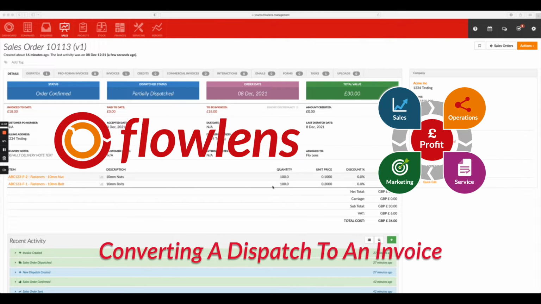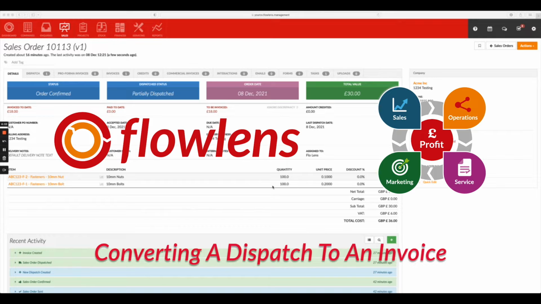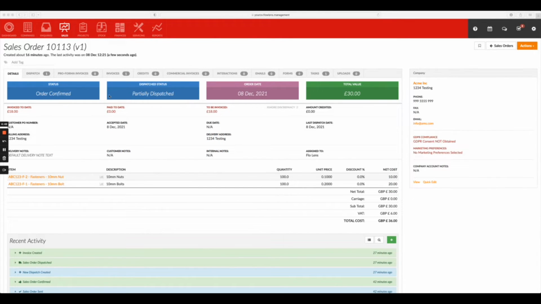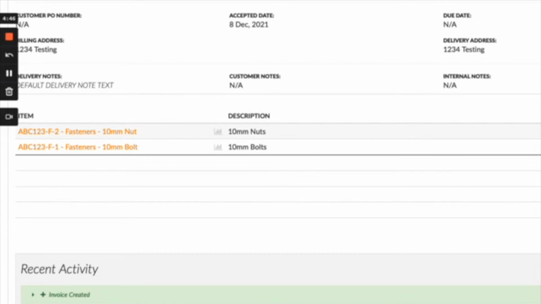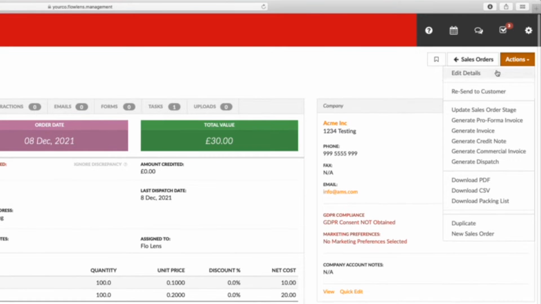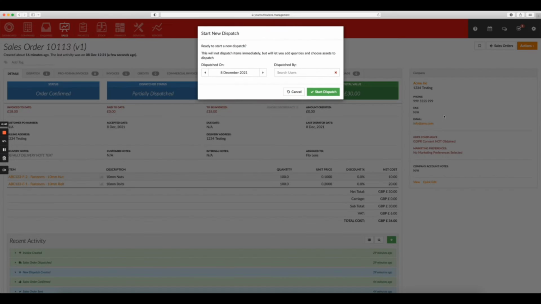Recently, we introduced the functionality where you could generate a sales invoice from a dispatch of goods to your customer. So in this example, we have a sales order for nuts and bolts, and we're going to generate a dispatch to our customer. So from our actions menu, generate dispatch,